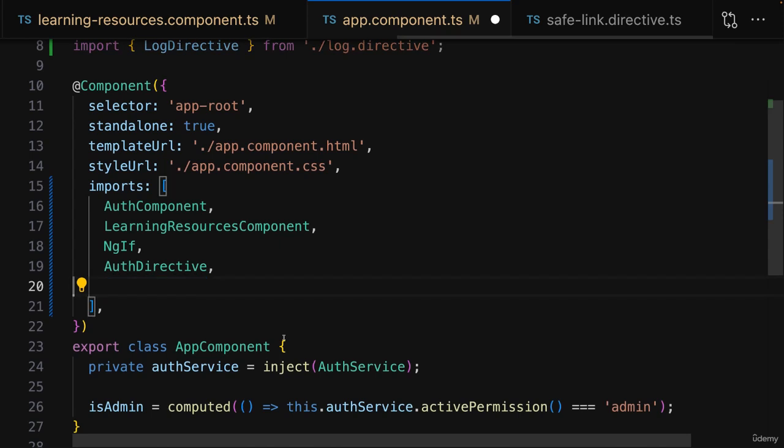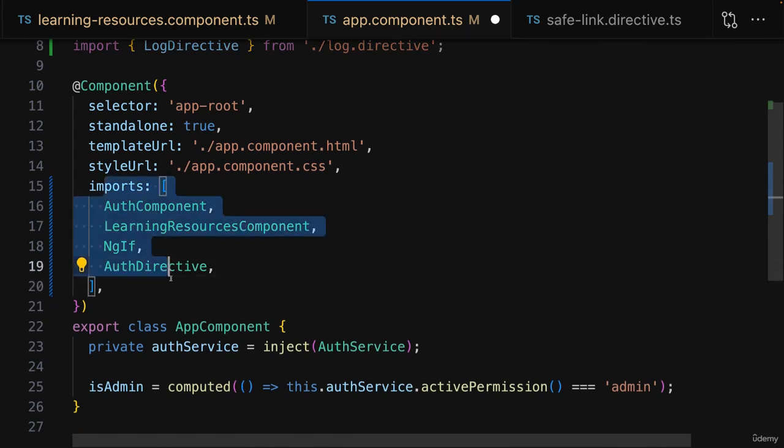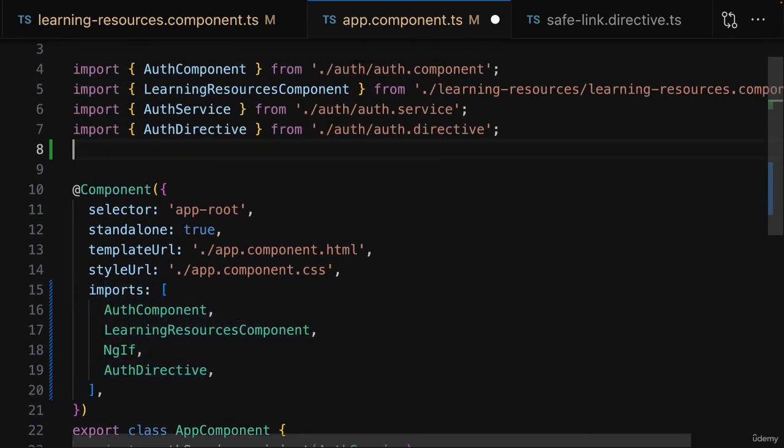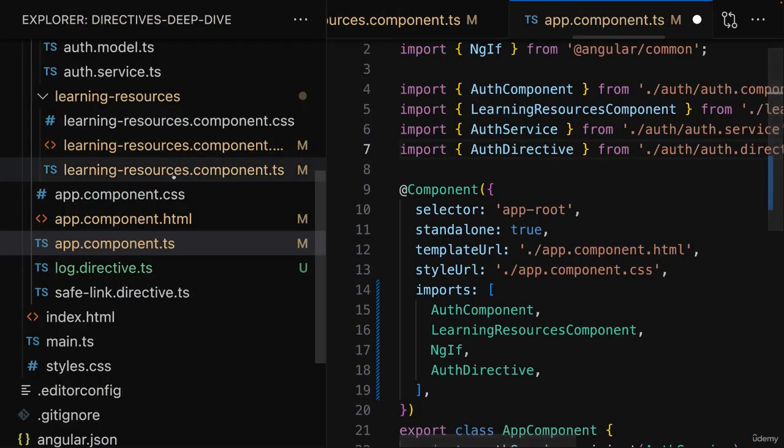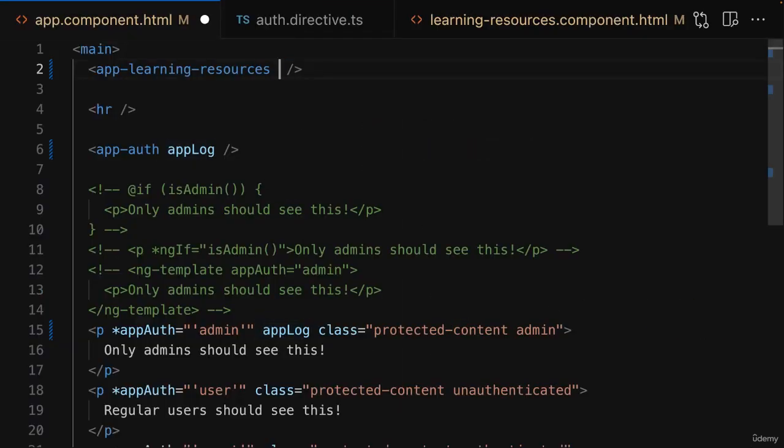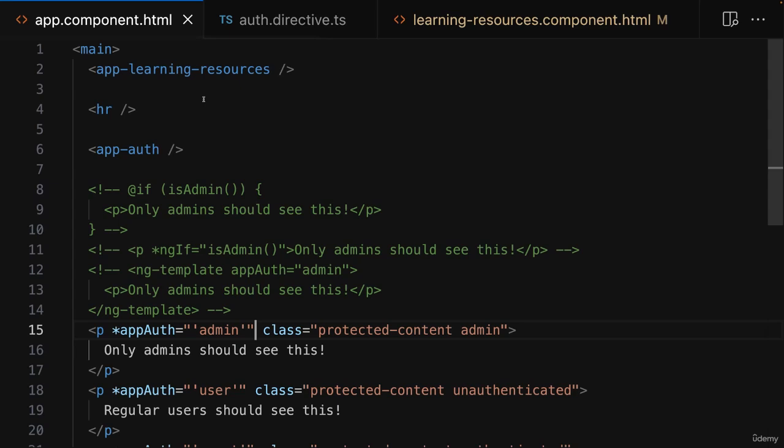So what we can do here is get rid of that log directive import in the app component and get rid of the usage in the app component template in all the places where I did use it. And with that changed,